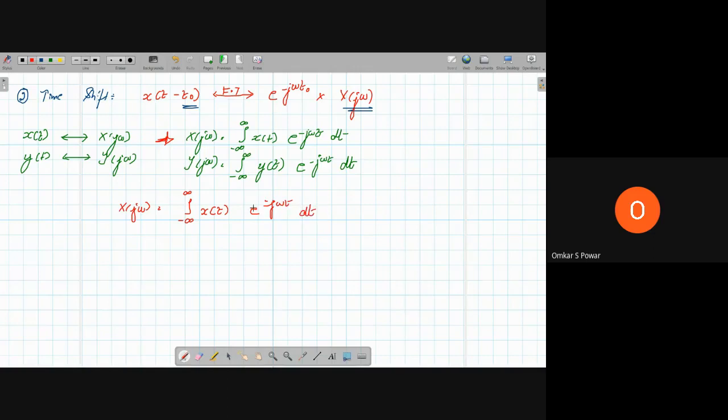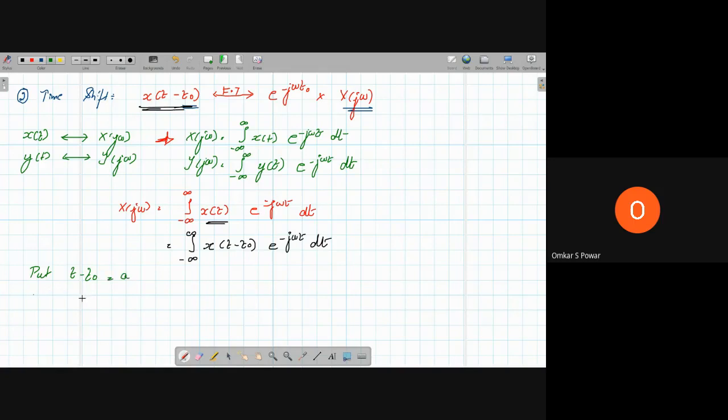So now what we have to do? I have to shift t by t minus t naught. So let me put that here. Integral from minus infinity to infinity x of t minus t naught e power minus j omega t dt, because I have x of t minus t naught. So I have to replace x of t by x of t minus t naught and observe what is going to happen. In order to get this, put t minus t naught is equal to a.